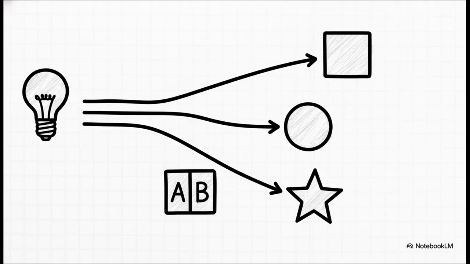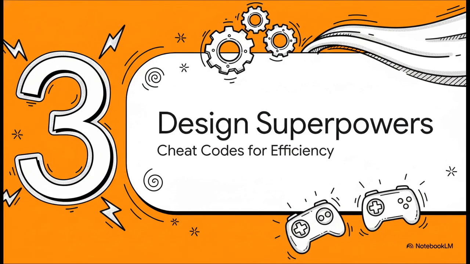Now, this is where Mixboard really changes the game. It's all about this concept called parallel ideation. So instead of slowly working on one single idea, tweaking it forever, you generate a bunch of different options all at the same time. This doesn't just make you faster, it completely changes how you brainstorm. You can instantly A/B test concepts side by side, all in one single spot. It is no joke, a total game changer. Okay, so we get the concept, right?